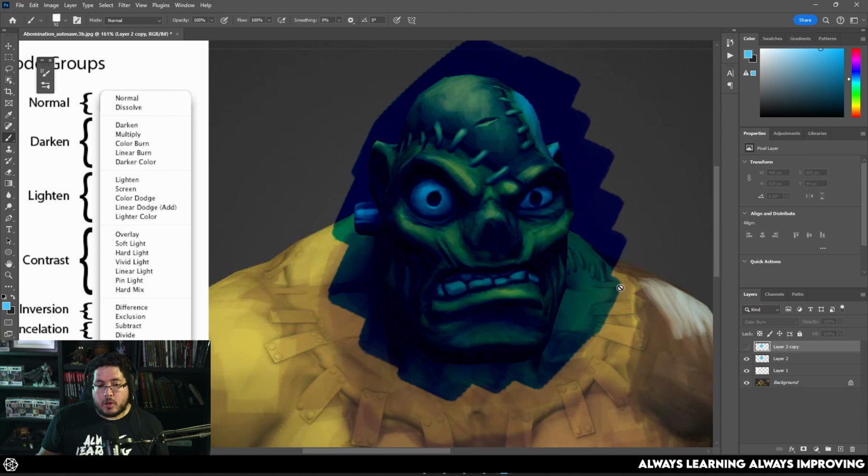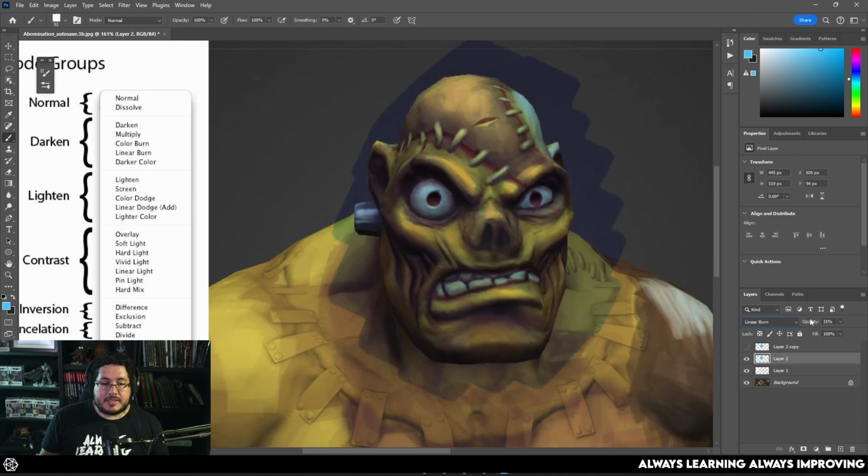The linear burn will not. It will sort of flatten everything out, and you will get a more uniform look. Again, it's very aggressive. This kind of layers are really aggressive. So if you're going to be using them, I strongly recommend that you bring the opacity down or play with some of the tones. You can go a little bit towards the white so that the effect is not as intense. But they're a really good way to, in one of them, punch some of the colors and generate a very intense contrast. And in this one in particular, the linear burn, it's going to keep your brightness pretty much stable.